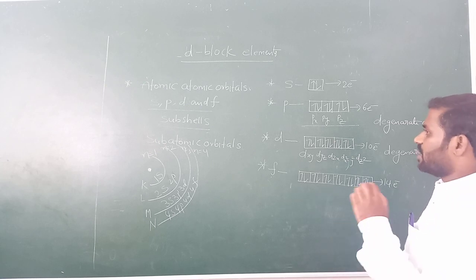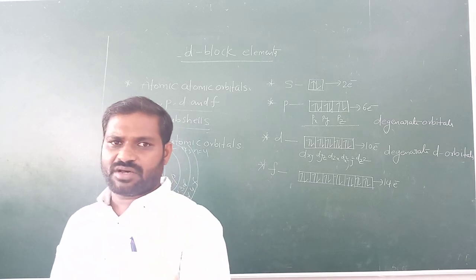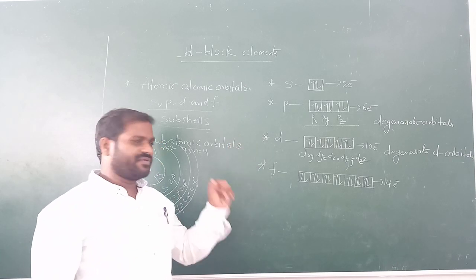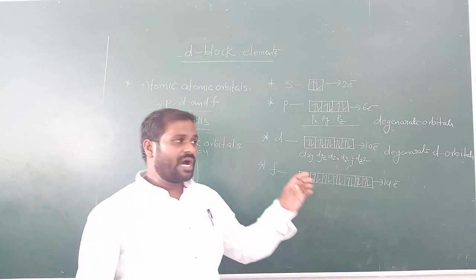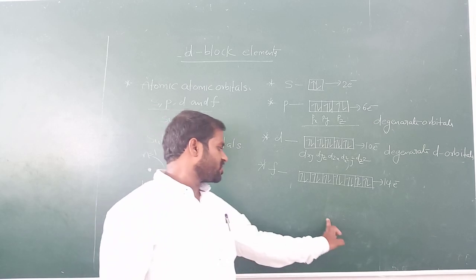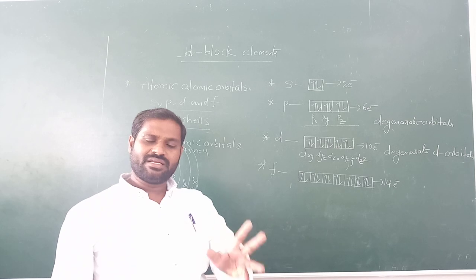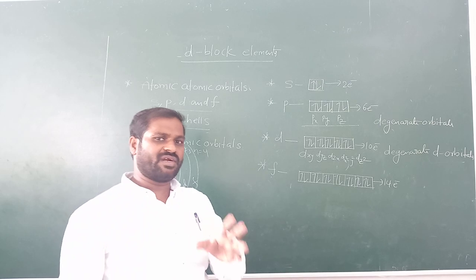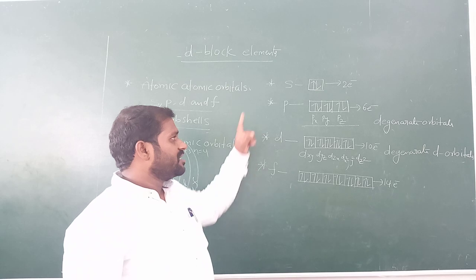Okay, so now the differentiating electron. Before discussing this, we have to learn what the differentiating electron is. Why are they called s, p, d, f blocks in the periodic table? We have 18 groups and 7 periods. Groups are called columns, periods are called rows. So we have the s block, p block, d block and f block. Why are these called s block, p block, d block and f block? What is the reason? That classification depends on the differentiating electron.